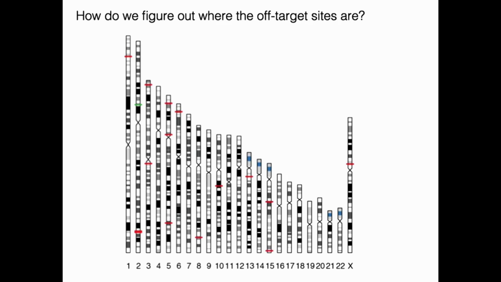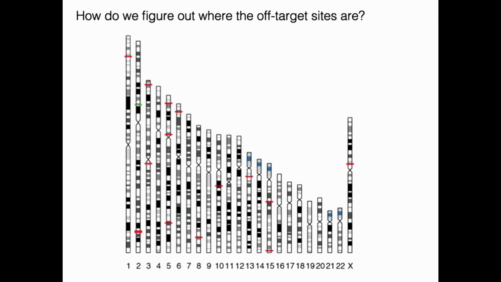So if we take this analogy and apply it towards trying to think about CRISPR specificity, how can we not look under these lampposts, these computationally predicted off-target sites, but really try to illuminate more of the genome? And so if you back up and just ask, how do we figure out where these off-target sites are, and you lay out the genome into its constituent chromosomes, you might have a CRISPR-Cas9 complex that edits this particular site